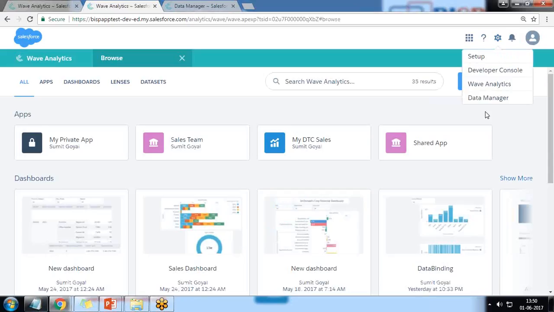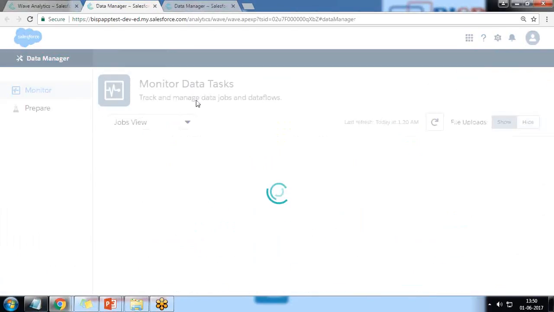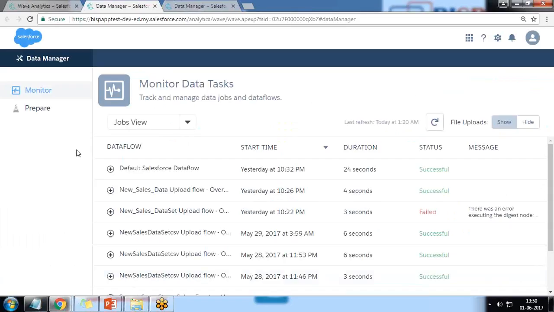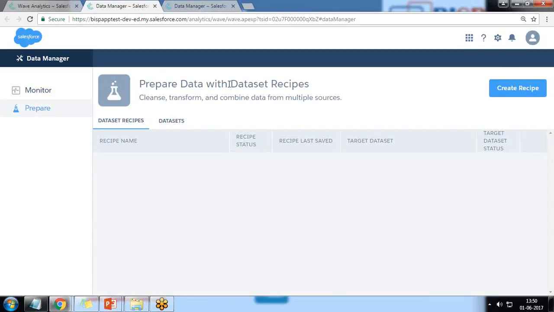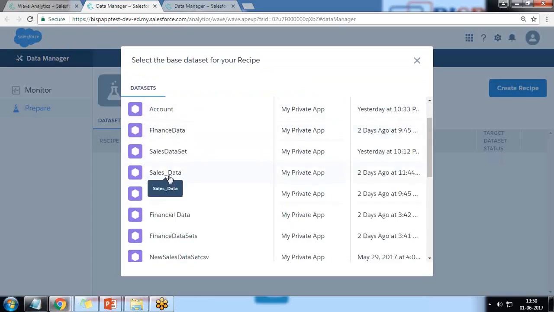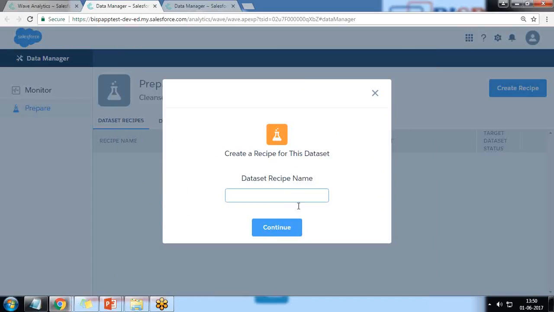So I have logged in and I switch to data manager now, and in data manager on the left side you can see we'll be getting prepare. When I click on prepare, it will take us to the data recipes interface, and it is mentioned that it can cleanse, transform and combine data from multiple sources. In this case I'm not going to combine any dataset right now, I'm going to transform a dataset. So I click on create recipe, and in this I'm going to use sales underscore data for transformation,